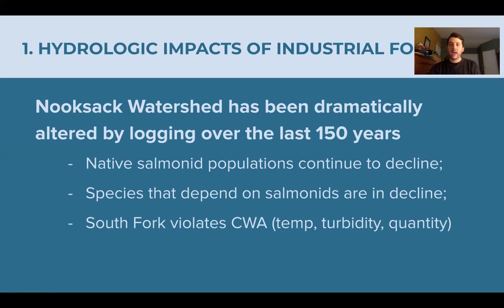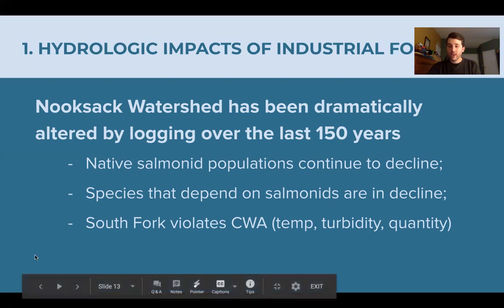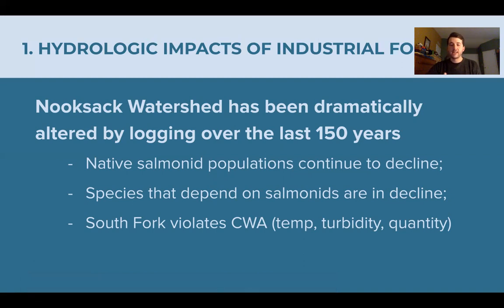Numerous species that depend on salmon are also in decline. Most notably, the orca whale, the southern resident orca whale population has seen a steady decline. And the fundamental reason every scientist is in uniform agreement is Chinook salmon is also declining and is contributing to